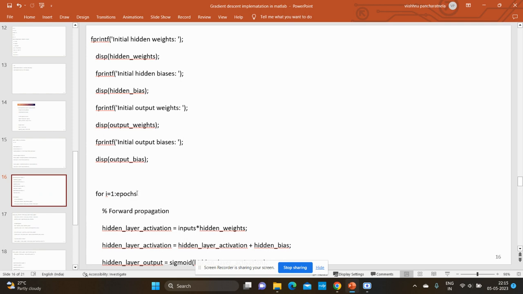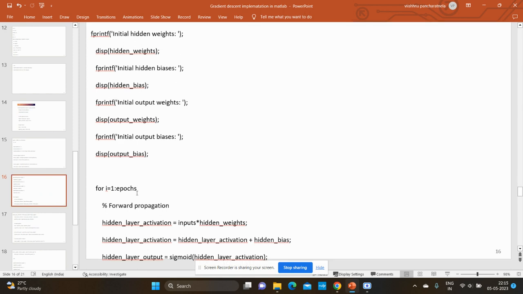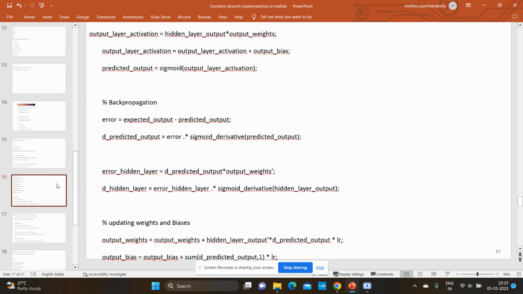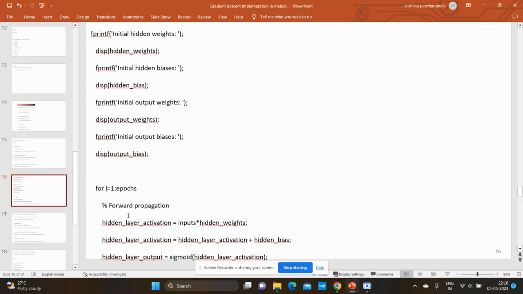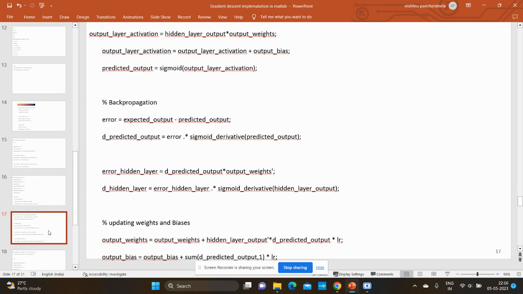After that, I have taken a loop in which I have to do feed forward propagation. That is, as you have seen, the input layer activation is the product of the input layer and hidden weights, and this is added with the bias term. This is passed to the sigmoid activation function. And for the output layer activation, the hidden layer output will become the input to the output layer activation, and the rest is